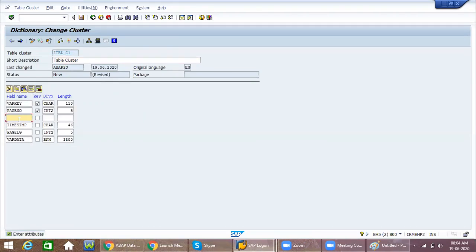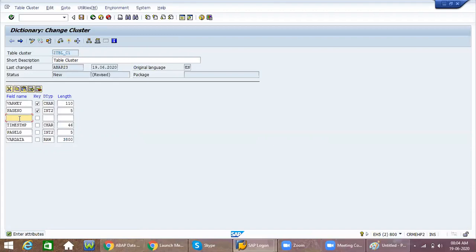Select anywhere with the cursor, click on this plus symbol. Then the system will allow you to add a field.